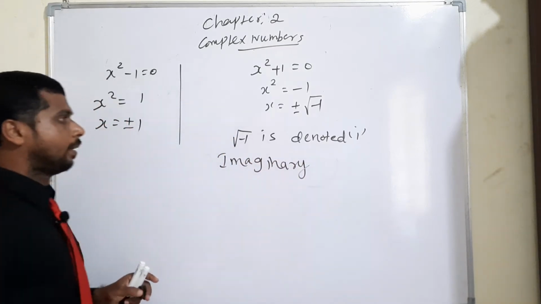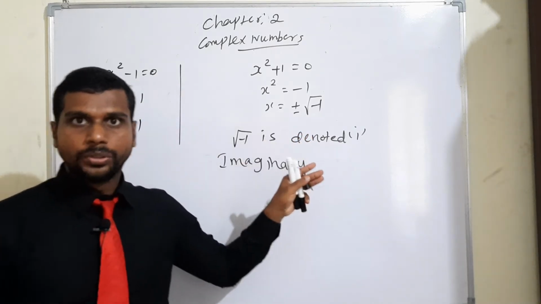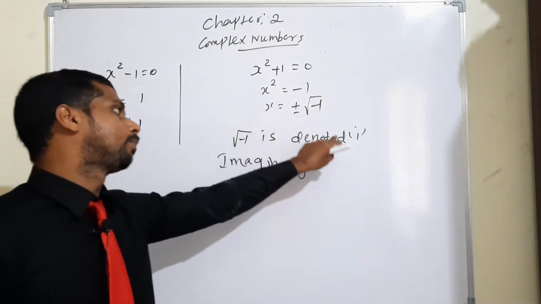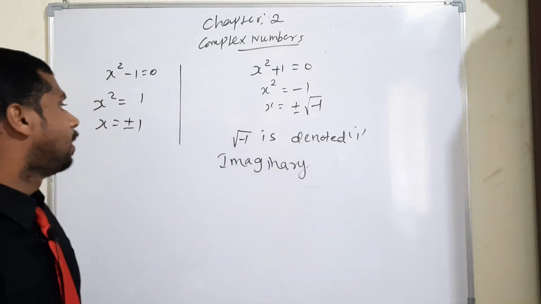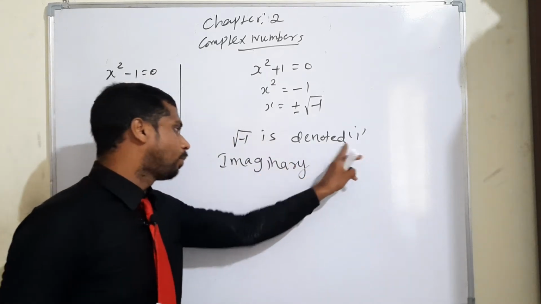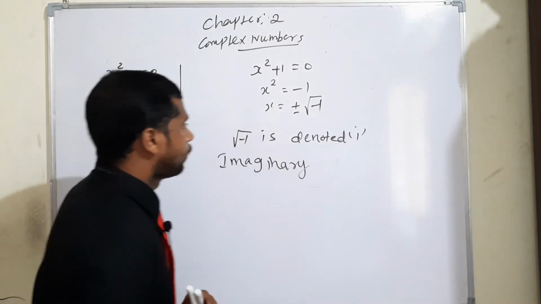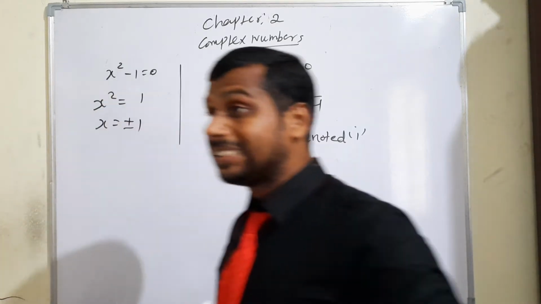So, imaginary. After denoting the i, there is definitely no solution, but the equation exists. We can take it, this is one of the equations, but a solution is not possible. So, root of minus 1 is denoted i. Denoted i means, what is the name? Imaginary. In this chapter, each and every part, each and every equation,